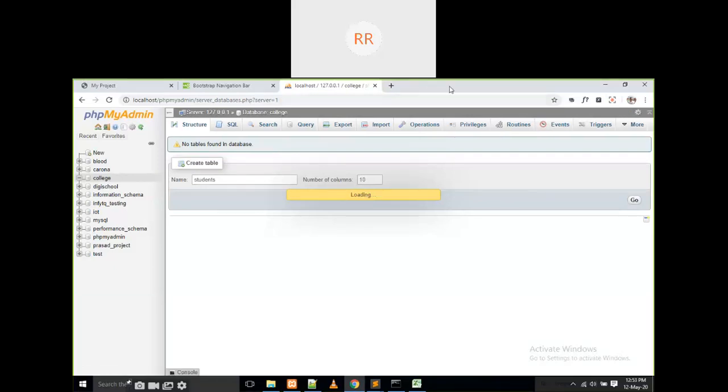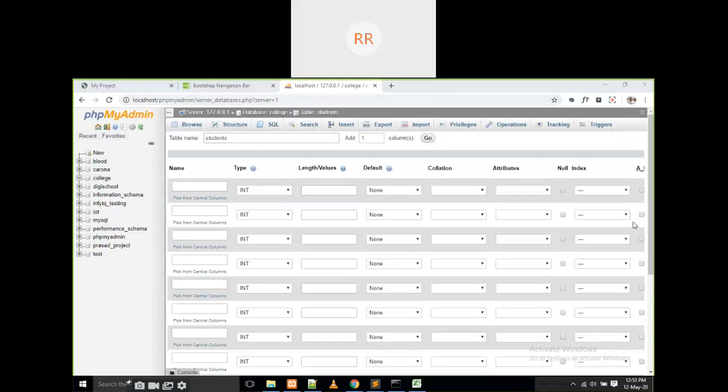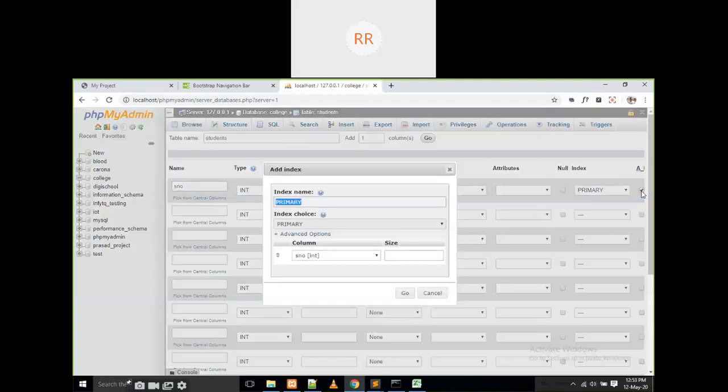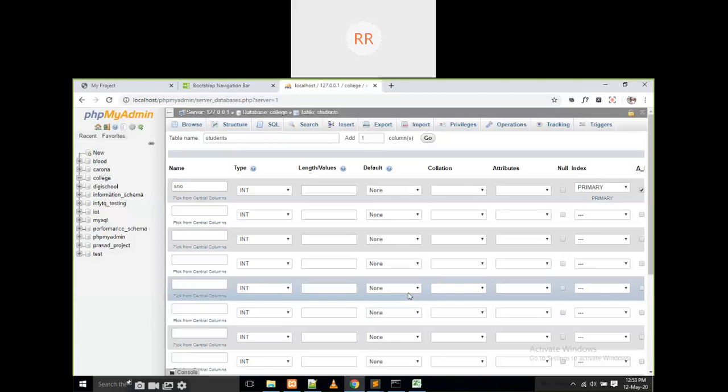Just listen carefully, students, to what I am telling. The first one is some serial number or ID. We have to click on auto increment. That means it is a serial number, and a serial number is going to be added automatically. If you click on that, it is going to ask you something. Just wait 3 to 4 seconds, it will ask. Just click on OK. That's it.